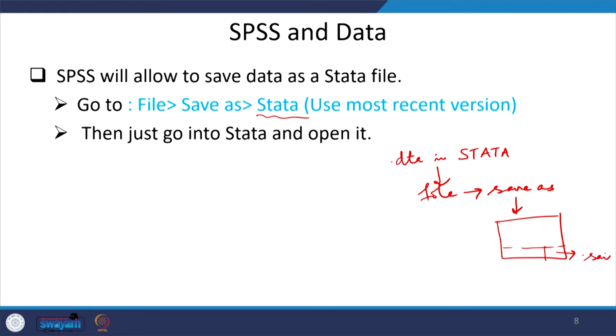Then give a proper name, and its path name should be given correctly. With that you can store your data in SPSS format. If you are comfortable in SPSS, you can also operate through SPSS.